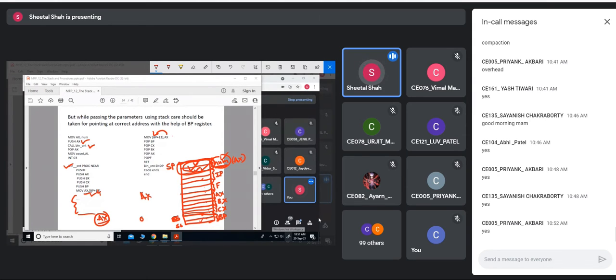Then once it is done, we do pop BP, pop CX, in the reverse order. So we are retrieving those registers' values back into their respective registers. As we know, it is a last in, first out arrangement in the stack. So the last one is pop F. As we pop, the stack pointer value would be incremented.